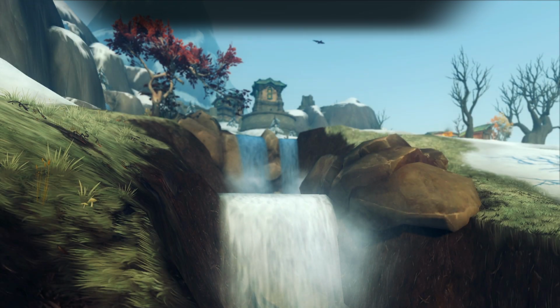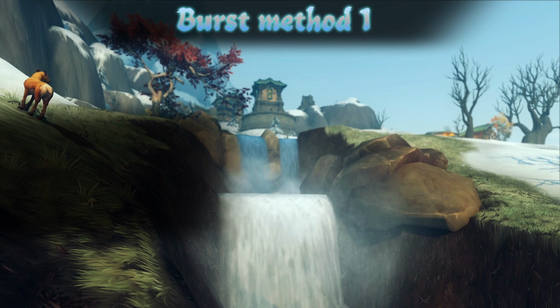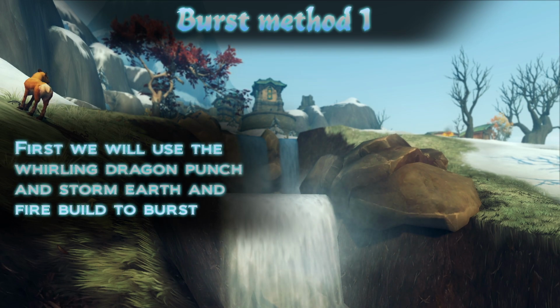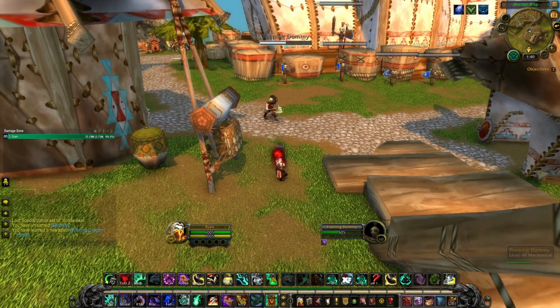Now that you understand the spell priorities of a Windwalker's rotation, let's next go over the methods of bursting. The first method will be revolving around the abilities Storm, Earth, and Fire as well as Whirling Dragon Punch. It will also be utilizing the 3 free hit combo engagement tip that we discussed a little while ago and